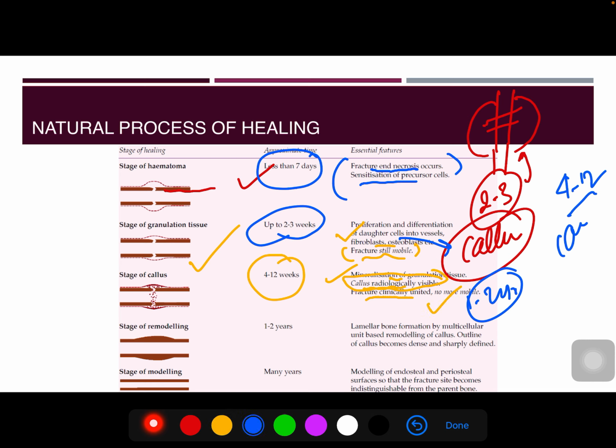And then the stage of the remodeling, which is in the 1 to 2 years. Lamellar bone formation by multicellular unit bone remodeling of callus. Outline of callus become dense and sharply defined, and the stage of modeling, formerly called the stage of remodeling, takes many years, and the modeling of the endosteal and periosteal surface so that the fracture site becomes indistinguishable